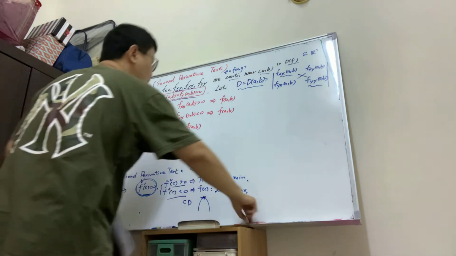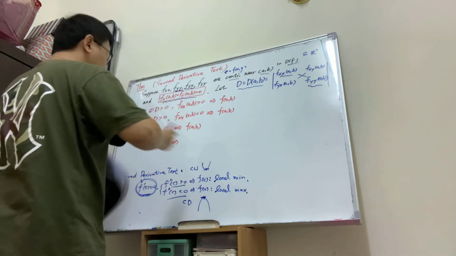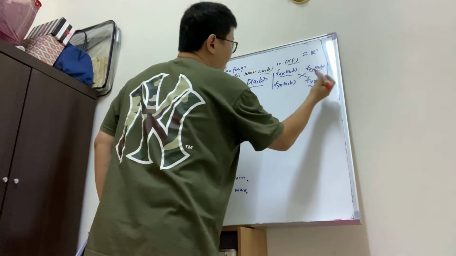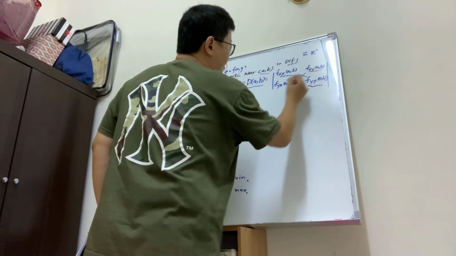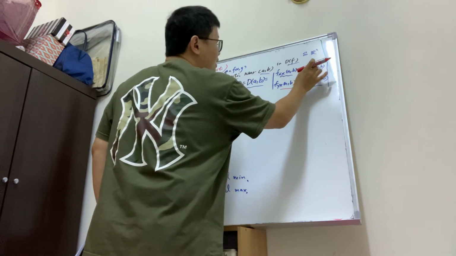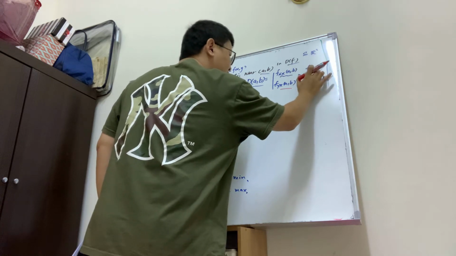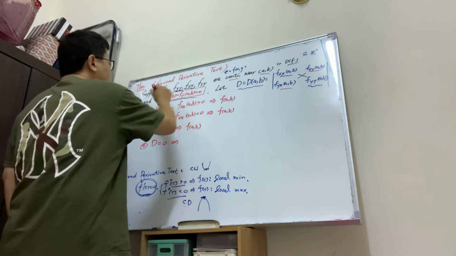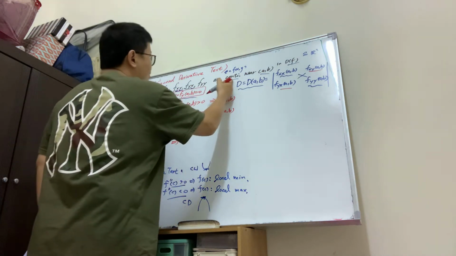And here is one thing I should remind you. If you are not sure whether to put fxy here or fyx here, then it's fine, because if they are continuous,